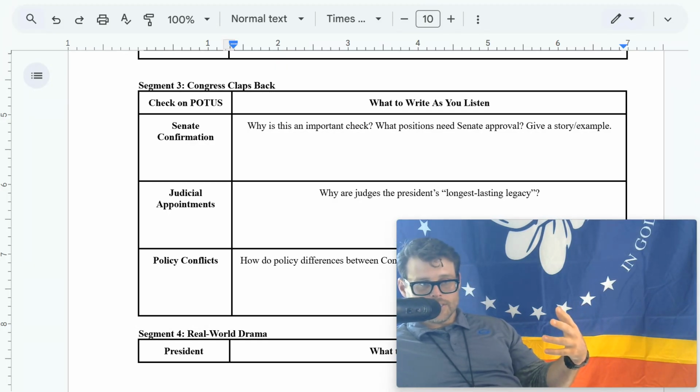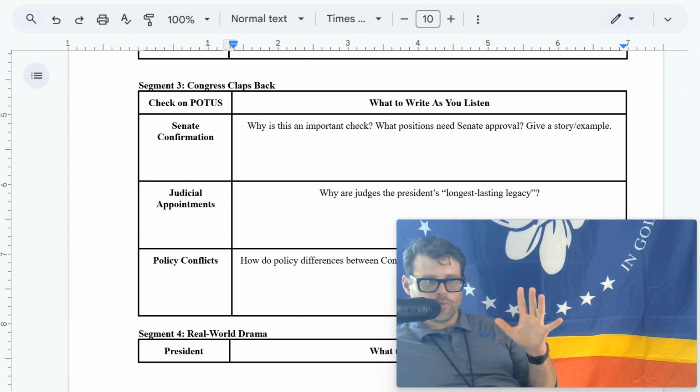Biden tried to pass an executive order to eliminate student loans, but that was blocked. But here's the kicker. Courts can shut them down. And Biden's student loan plan, yeah, guys, it was shut down by the Supreme Court saying it was unconstitutional. Nope. And that's check and balance in action.